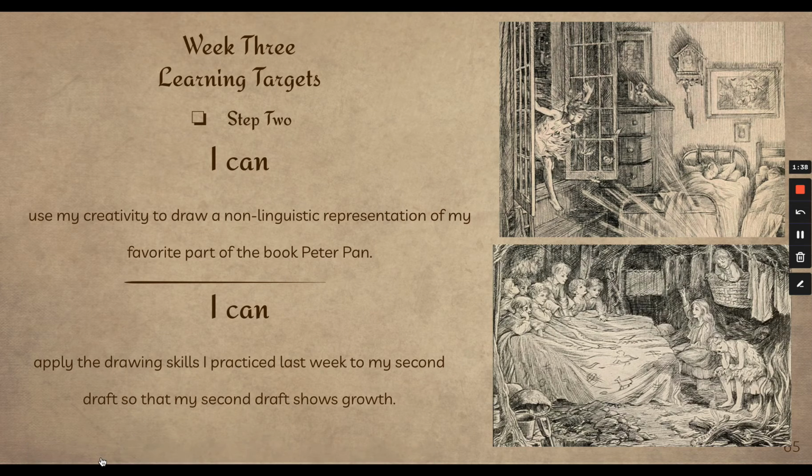We have 2 learning targets this week. Our first one is, I can use my creativity to draw a non-linguistic representation of my favorite part of the book, Peter Pan. Our second learning target is I can apply the drawing skills I practiced last week to my second draft so that my second draft shows growth. So all that hard work, all that practice that we did last week when we were working really hard on drawing the London skyline, drawing people, drawing fancy bubble letters, that's all going to come in handy on this draft